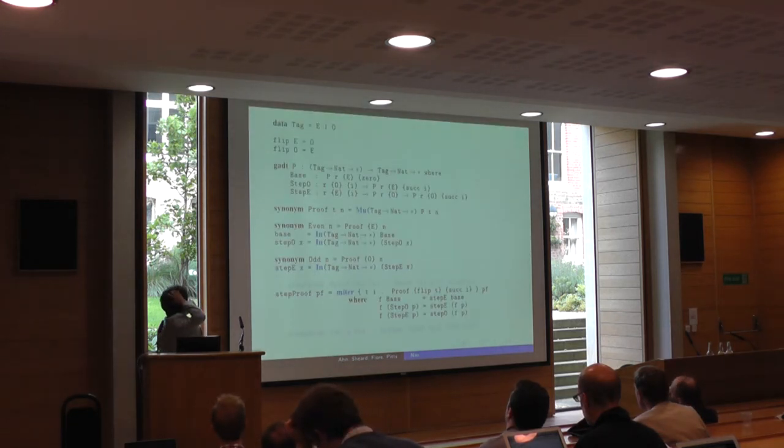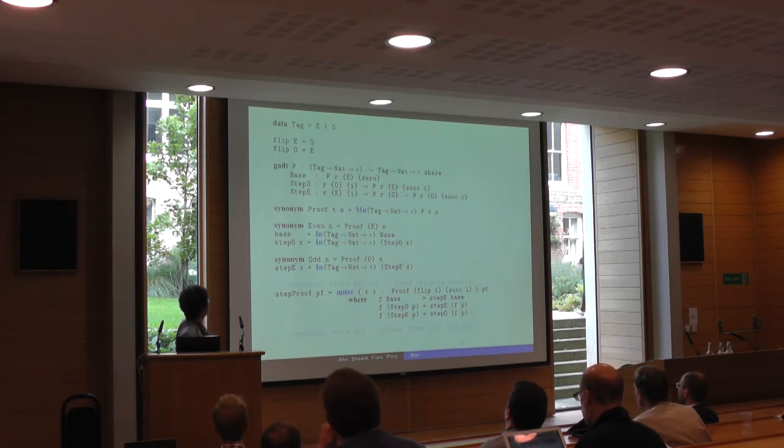So this is how it looks currently. There's a tag, which is a real index that can be used in types. So you have a GADT of some kind of property. If you take a fixed point of this P, it becomes a proof. And proof is either tagged by E or O, which means N is even and N is odd.